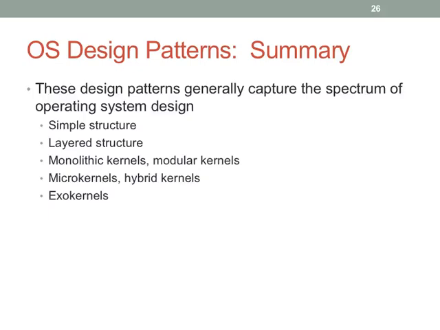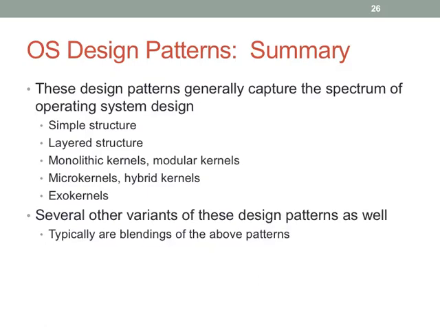Now, you'll notice if you look online, or read Reddit or stuff like that, you'll see other kinds of kernels mentioned, like nanokernels or other weird terms. I can't even think of the terms that people use right now. I don't think they're worth knowing because they all tend to be a linear combination of this set of ideas. This pretty well captures all of the abstractions that people have explored in operating system structure and design. So that's why I think this is pretty much sufficient for what you need to know.